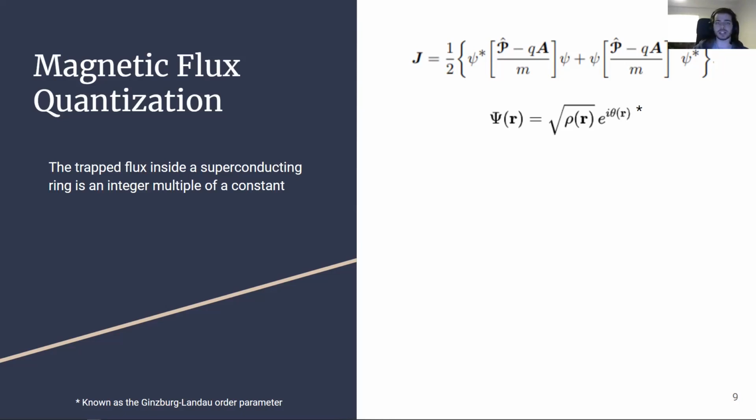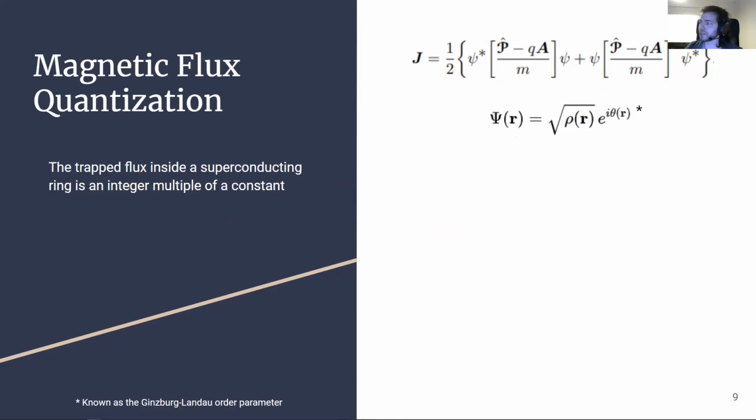To do that, actually doing some work is going to be necessary. So here we have an expression which looks very complex, but it's actually